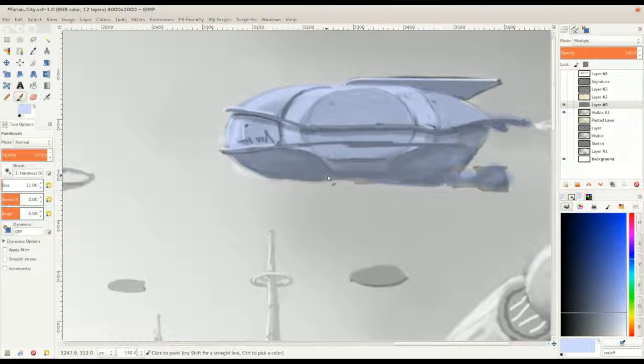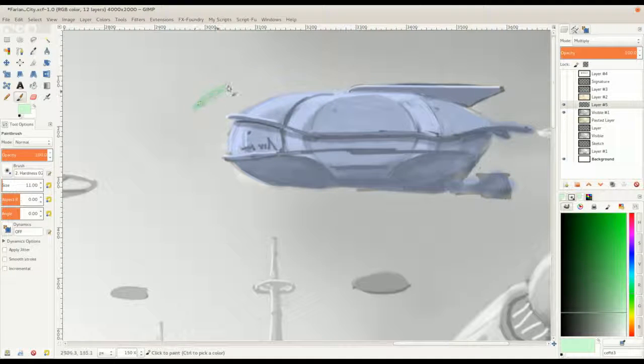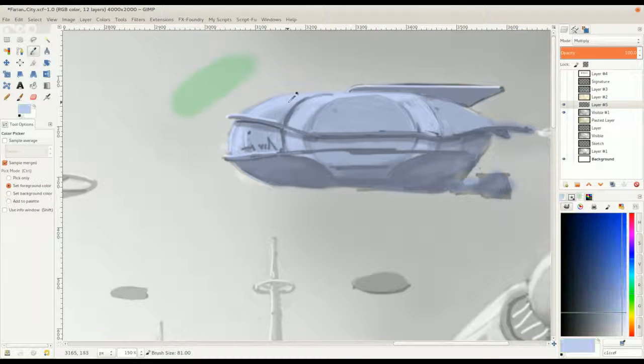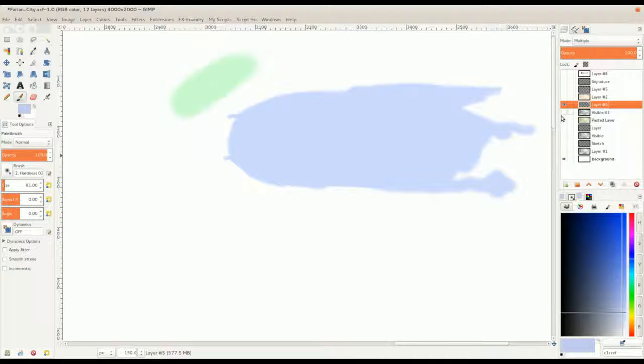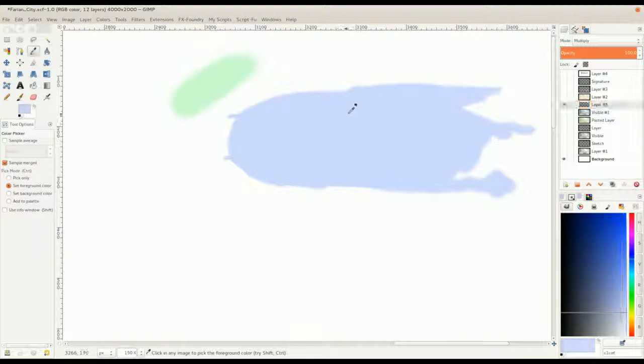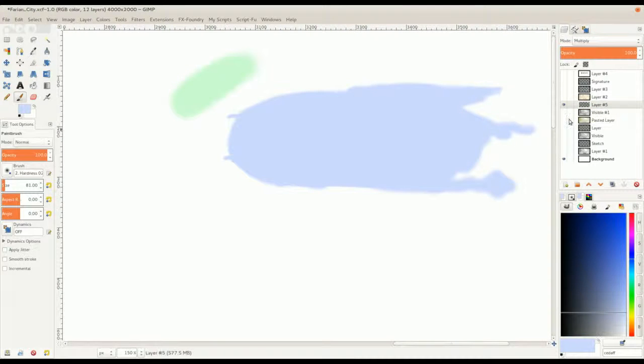Now the one thing that's not good about this: if I change to another color, let's say I change to green right now, maybe it's actually a green sky and I start painting green. Now I notice I want to go back to that blue, so I select this blue. Actually, it's a different blue now because we have all these values mixed in with the multiply layer. What I do for that is I temporarily turn off the black and white layer, the painting layer. Now that's the color I was painting with, and I'll select that color,